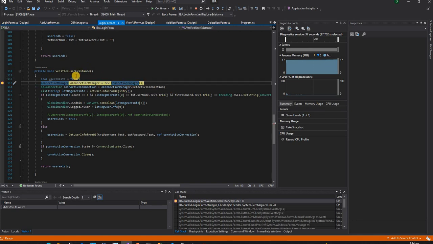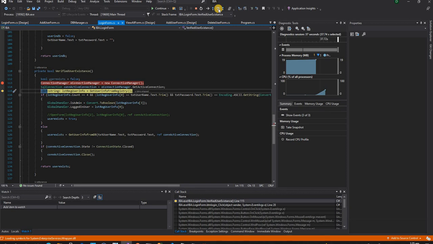Whenever you click this button, on the button click event, this verify user existence function is getting called. If you're using the Visual Studio Community Edition, you can use the F10 key. I'm not able to use the key here because my recorder is taking it. Okay, there's another button here you can use. When you are doing this on your machine, you can try the F10 key itself. I'm just going deeper,